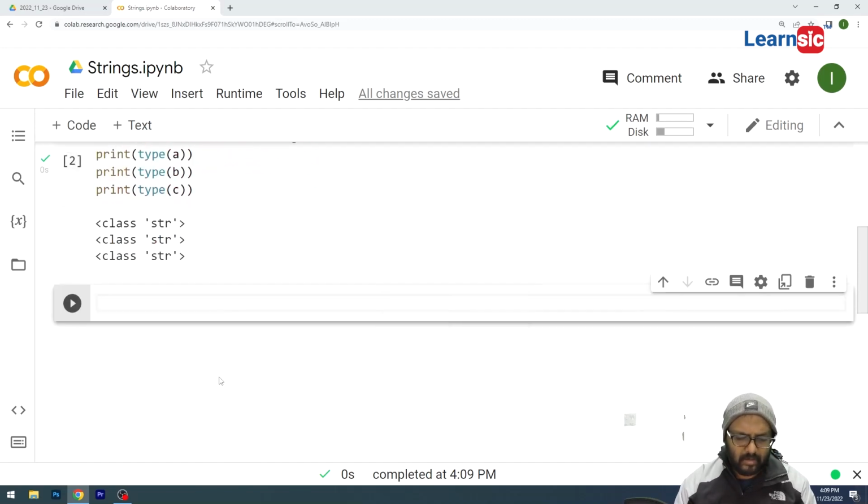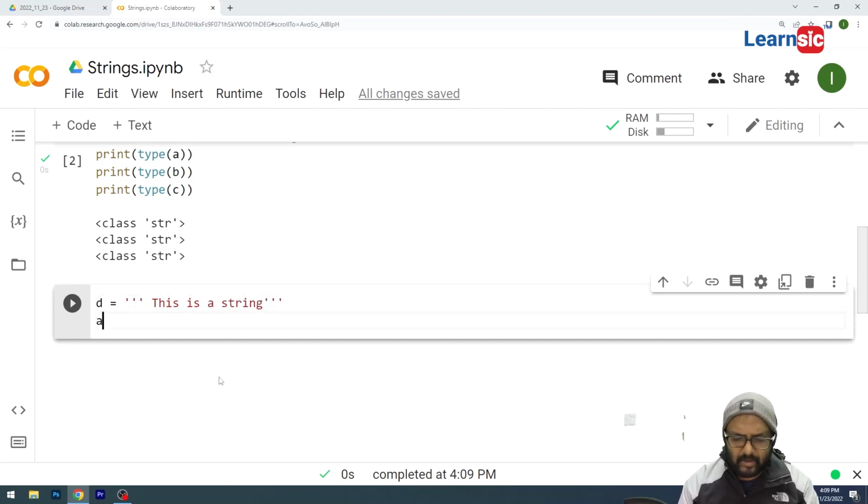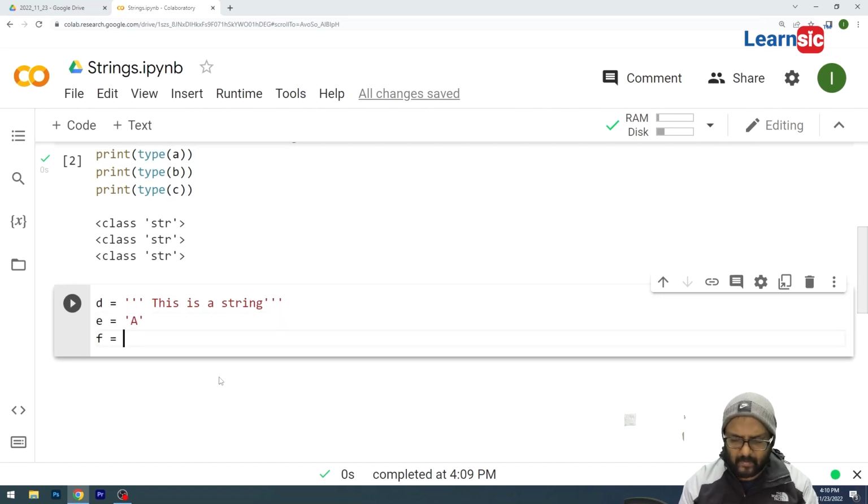Let's have D too, and even a single character, let's say A and B,